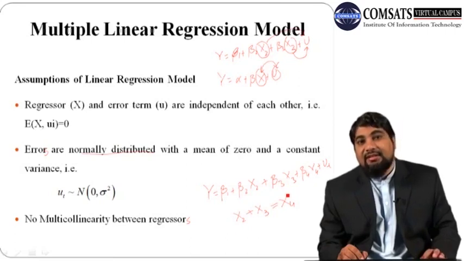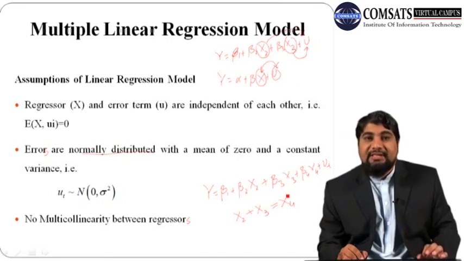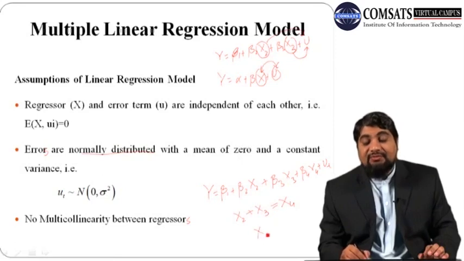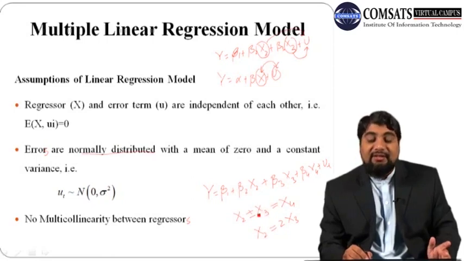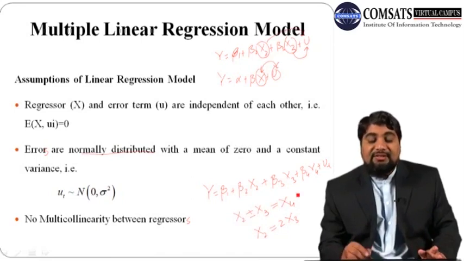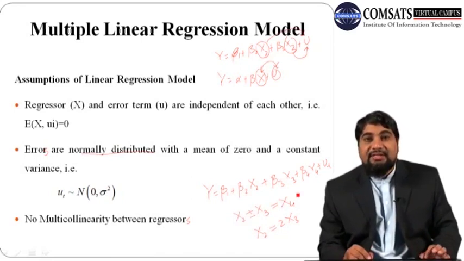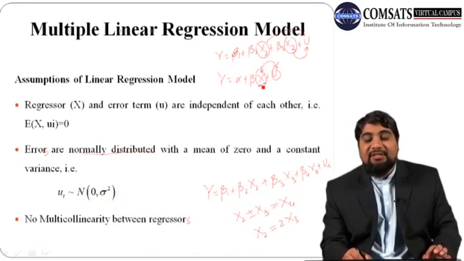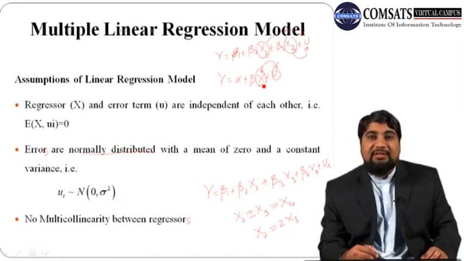So this is called multicollinearity, exact linear relationship between regressors. Or in some situations we may have x2 equal to 2 times x3, or we may have x2 minus x3 equals x4, or x4 plus 1 by 3 x3 equals x2. So any type of relationship between the regressors leads to multicollinearity. So this cannot be applied in case of simple linear regression model, because in case of simple linear regression model we have only one regressor.